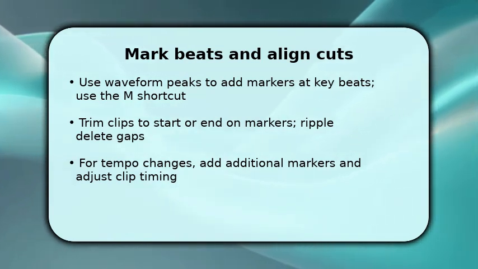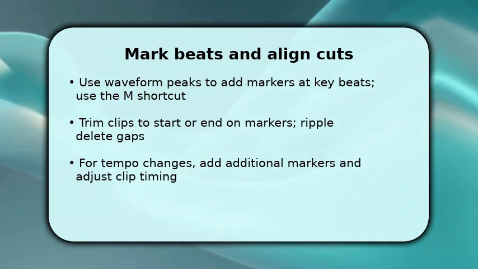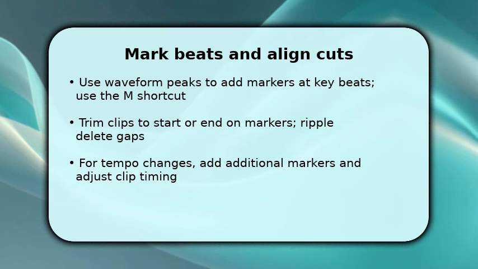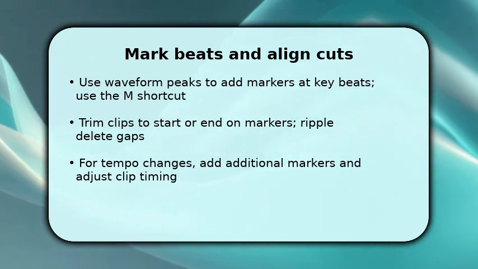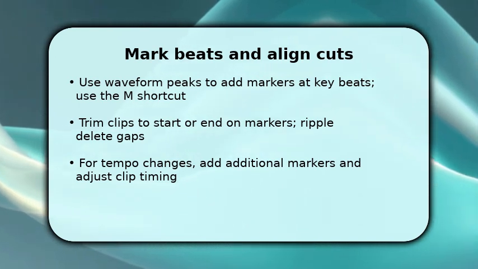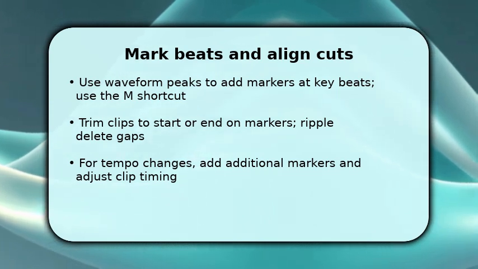Drag each clip so its intended action aligns with a marker, trim the head or tail, and use ripple delete to close gaps. If a clip needs to span multiple beats, nudge it frame by frame for sub-beat precision. CapCut's arrow keys help. For tempo shifts, add markers across that section and retime clips, or use speed adjustments so